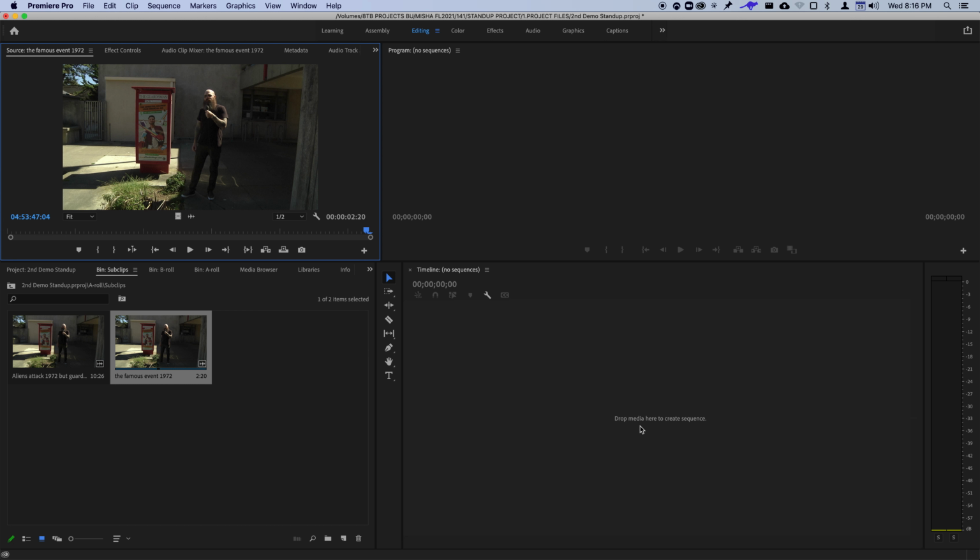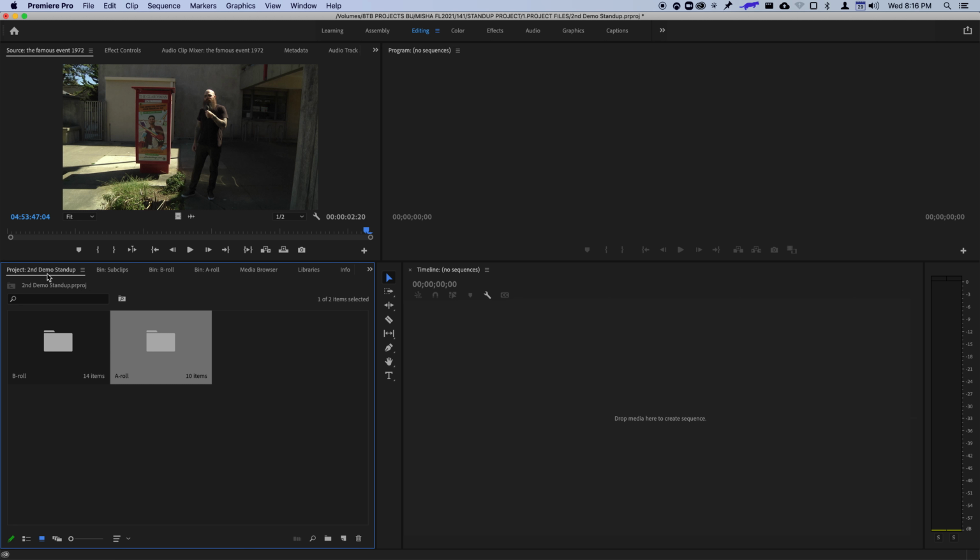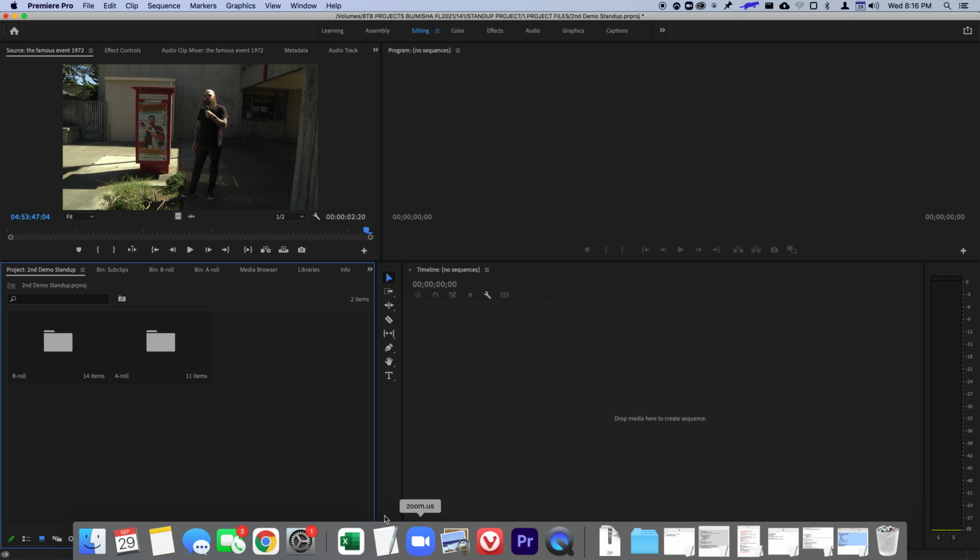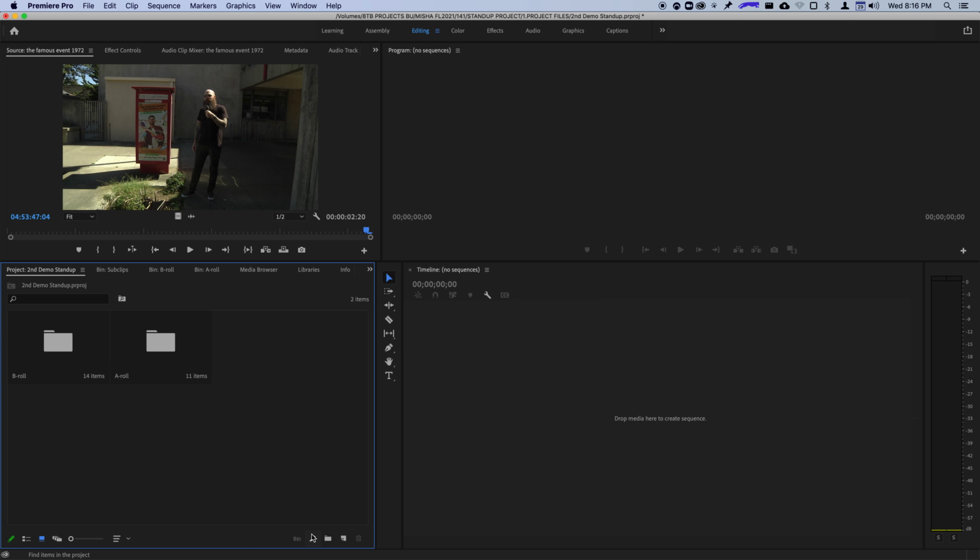Problem is, I don't have a timeline. Not a problem, because we're going to make one. Okay, so I'm going to go back out here in the project panel to project, and I'm going to make a new bin. And it didn't make it. Damn it. There you go. All right, and we're going to make this bin, and we're going to call this